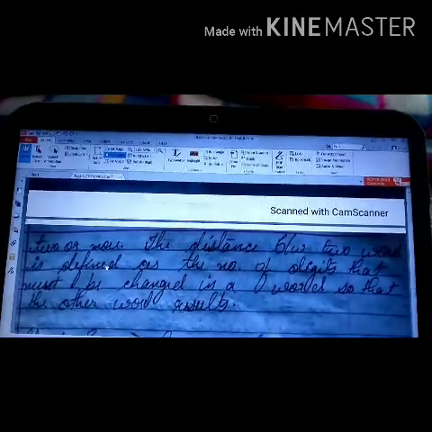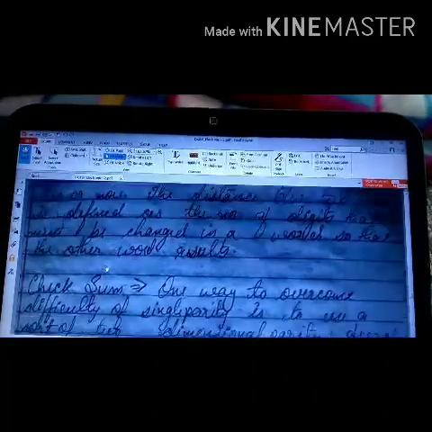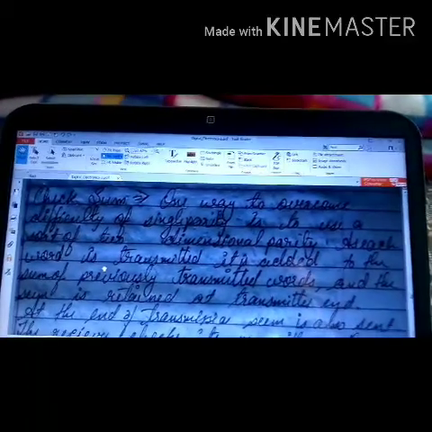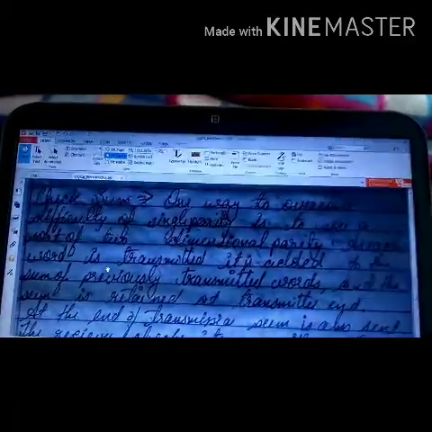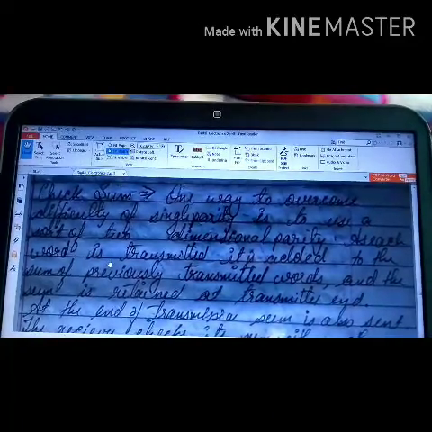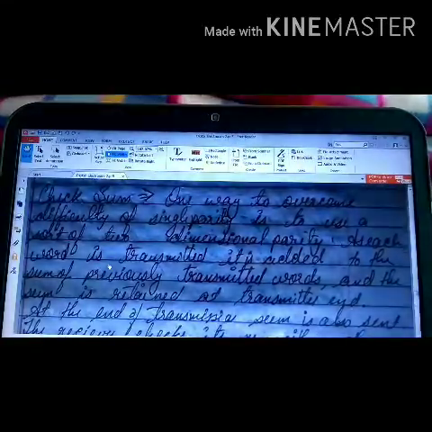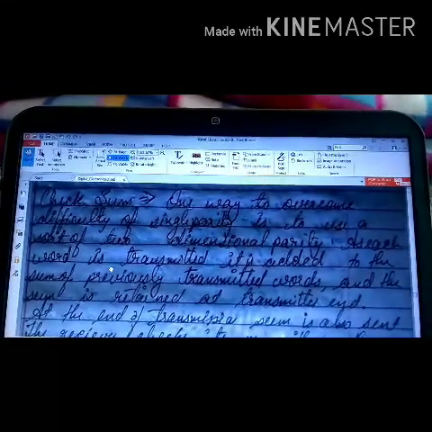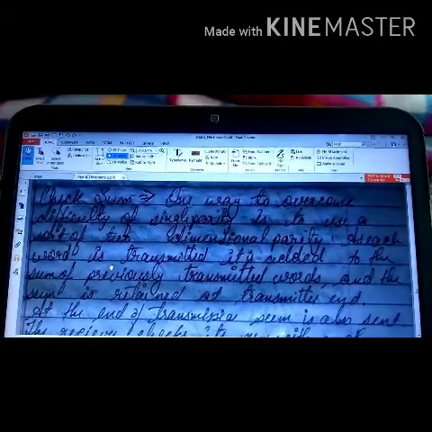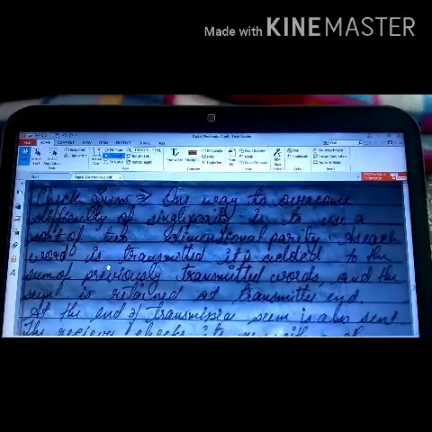Okay, now the other way of checking the parity is checksum, or also known as checksum parity. It is utilized to overcome difficulties of a single parity, and therefore we will use sort of a two-dimensional parity. As each word is transmitted, it is added to the sum of the previously transmitted words and the sum is retained at the transmitter end.